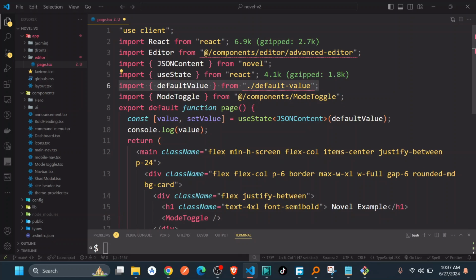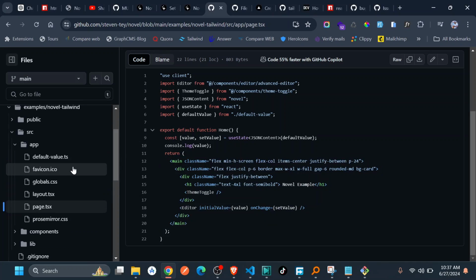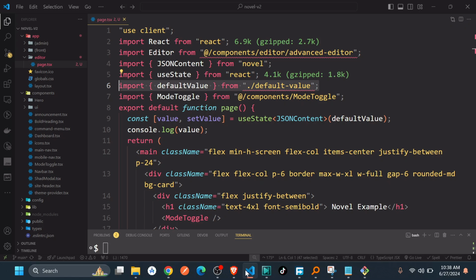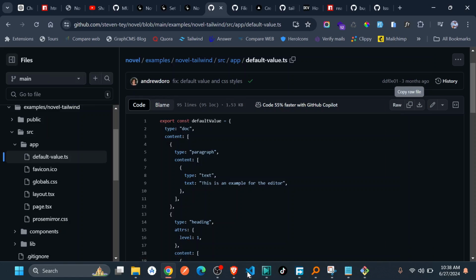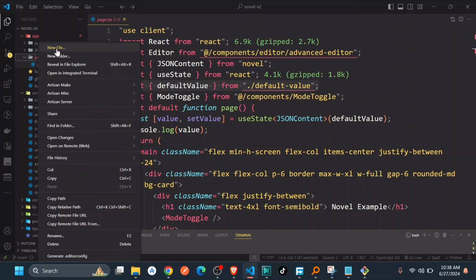They have the default value. From default value, we can start with that. So if you just go here on this value one, you see you have defaultvalue.ts. You can go ahead and copy that. I don't know if it copied. It is called defaultvalue.ts. So here in the editor itself, I'm just going to create